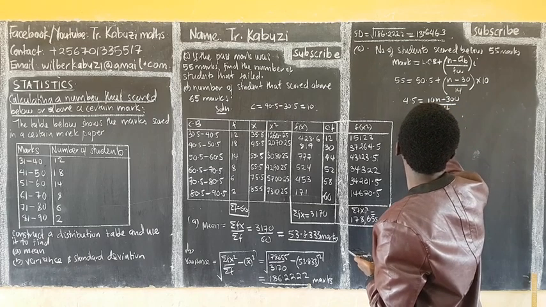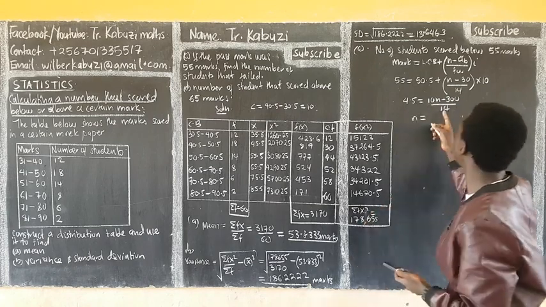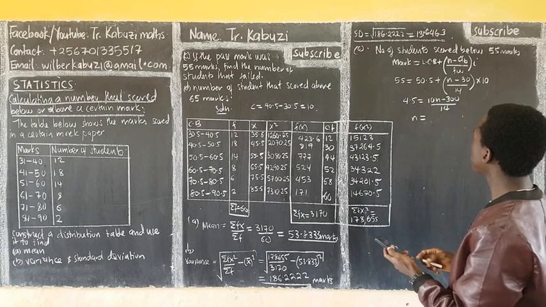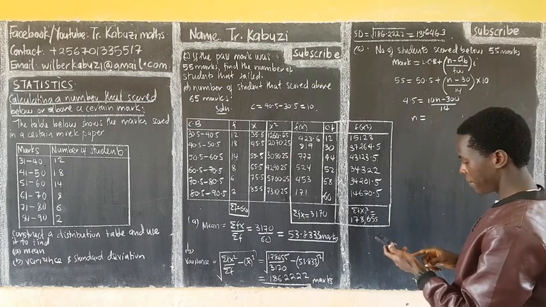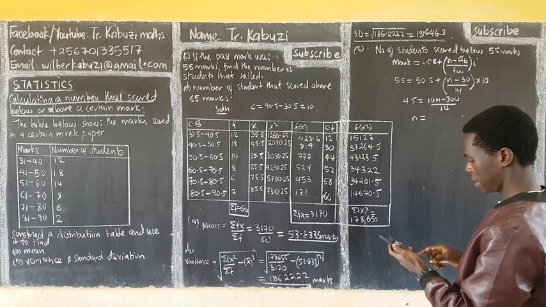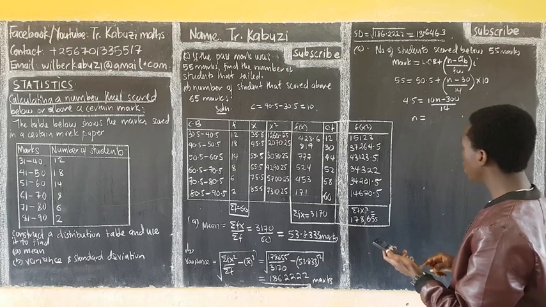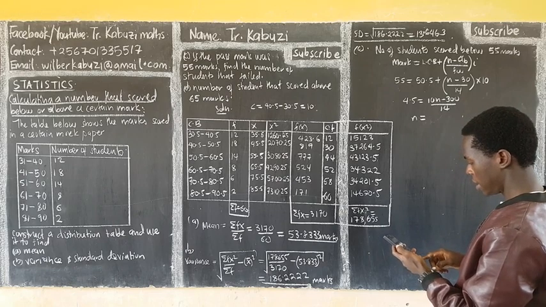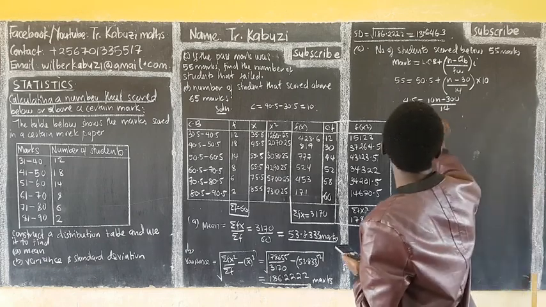And so from there our n will be, when you do everything, you multiply this side, so we have times 14, plus, the answer I'm getting is